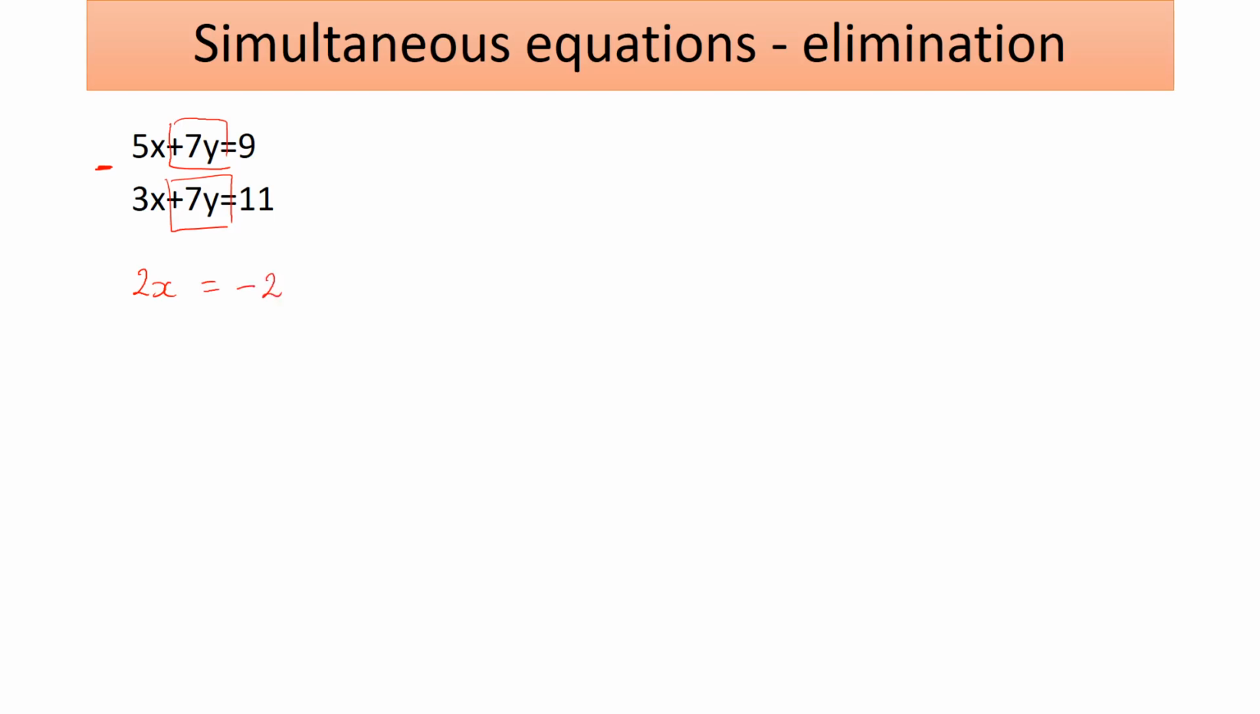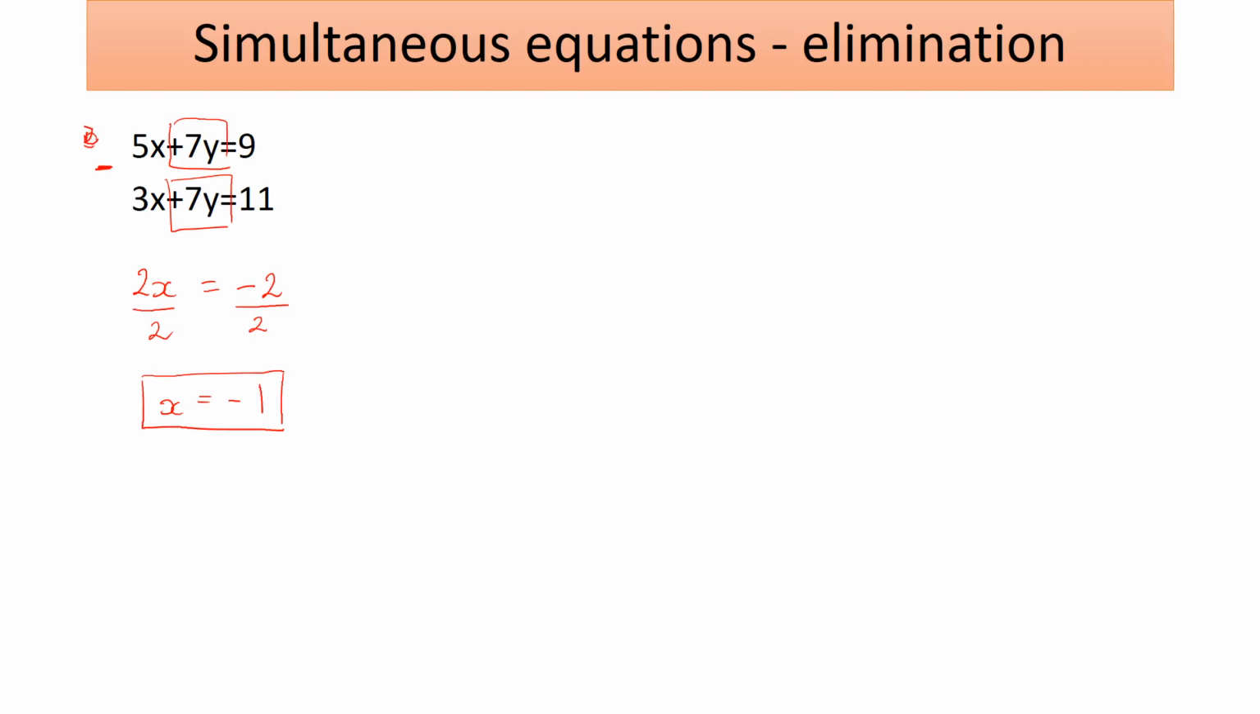So now to find the value of x, we need to divide both sides by 2, so the value of x is negative 1. Now that we have the value of x, we can just choose one of the equations, it doesn't really matter which one, substitute the value of x and work out the value of y. So I'm going to choose the first